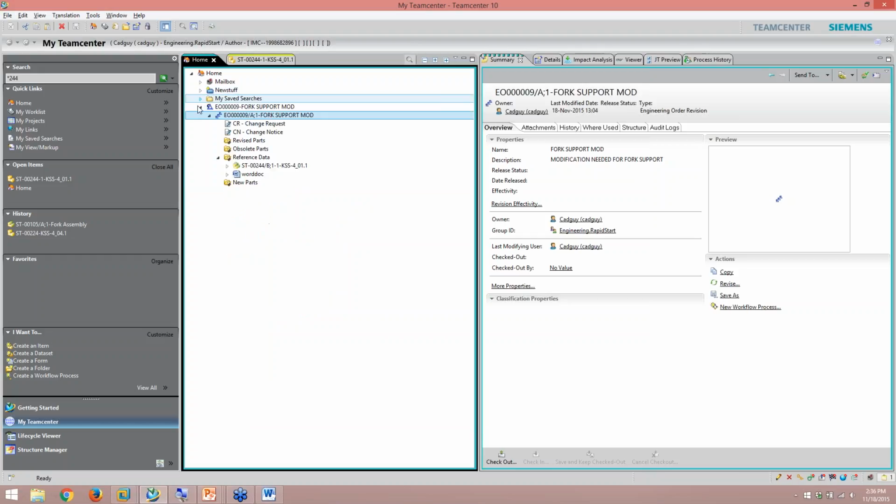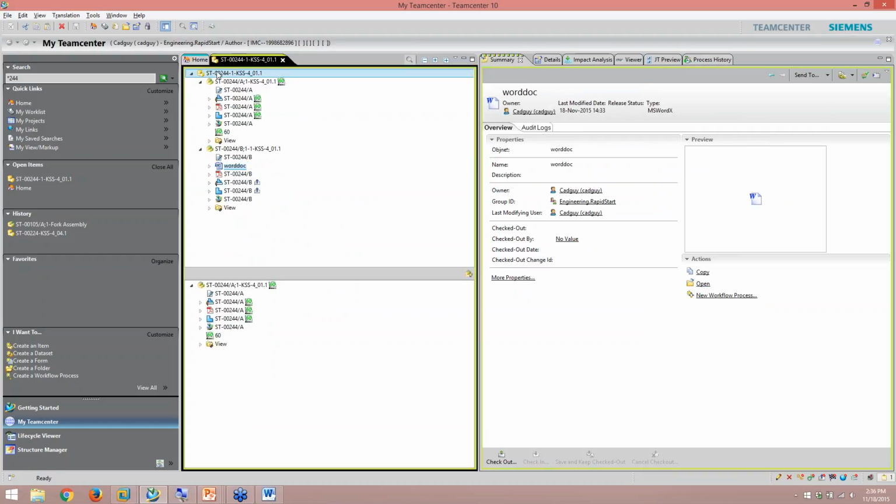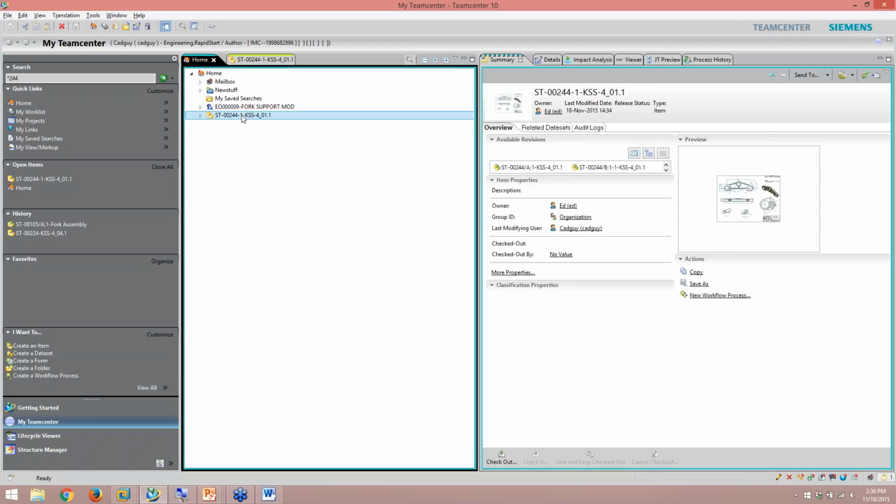So if you have one folder, two folder, just like this, or if you have any reference links, say you went searching for some items and pasted them there on your home, they'd be available directly through that interface, and you'd be able to search, open, and edit any part or drawing directly from SolidWorks in that instance.